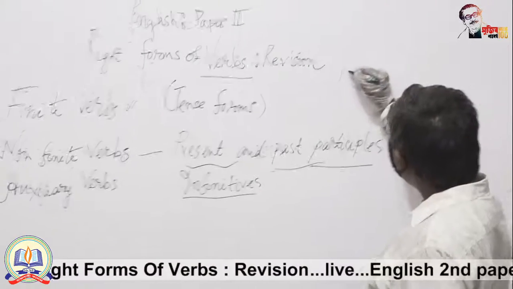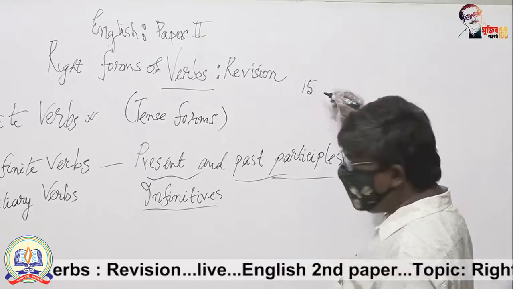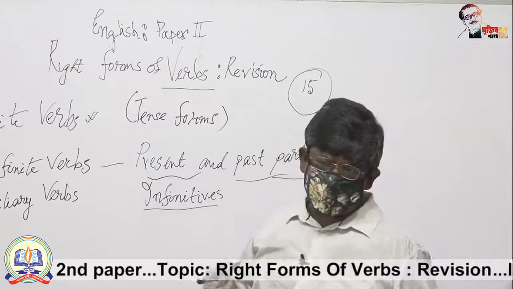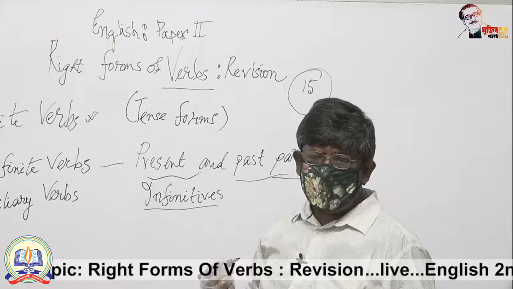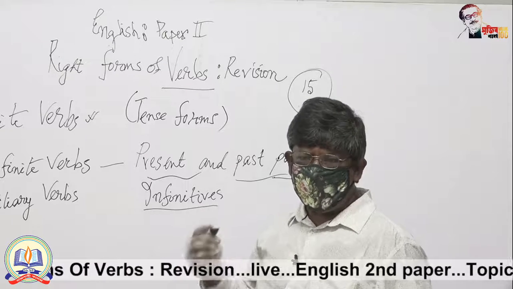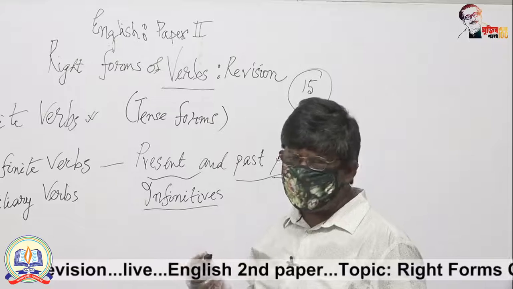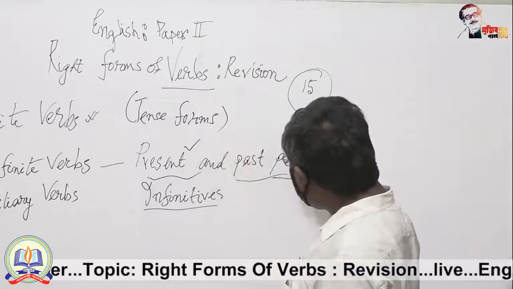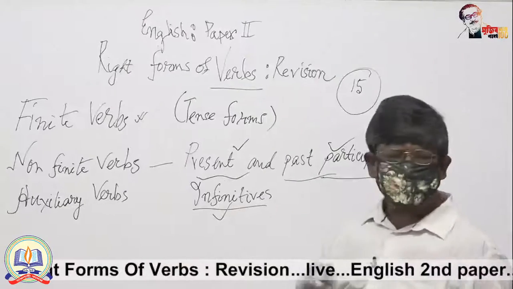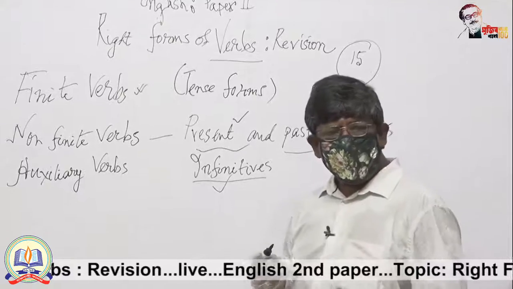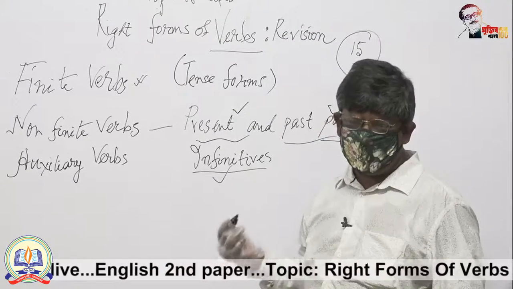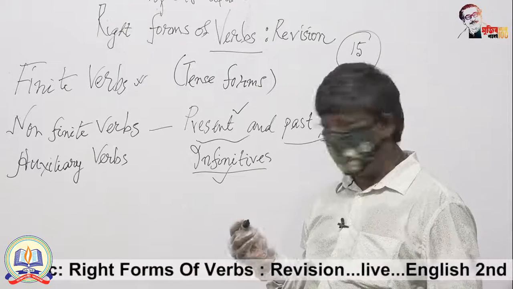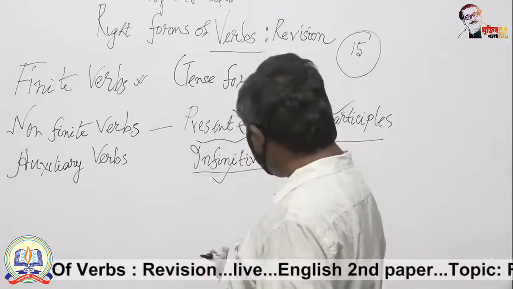So, if you have a verb to determine its form, you may have 15 options and you have to choose one among the 15 options: 12 options of 12 tense forms of a verb and 3 non-finite forms of the verb. Therefore, we will have to select or determine the form of a verb from an option of 15 different forms. How shall we determine them?